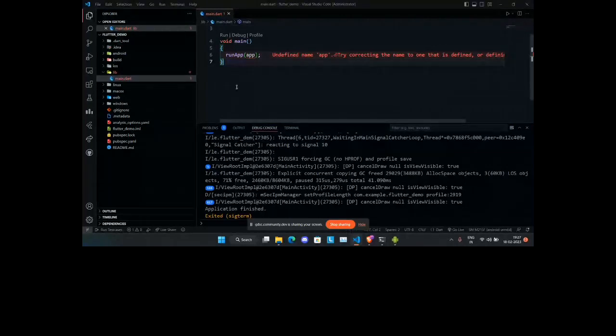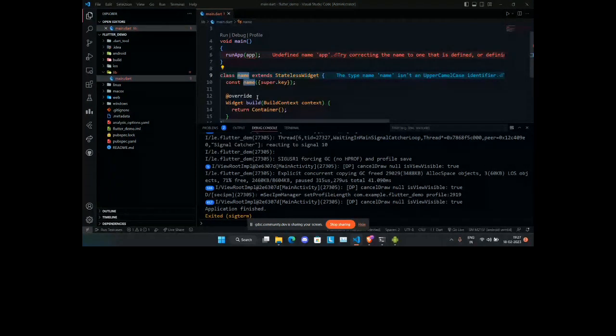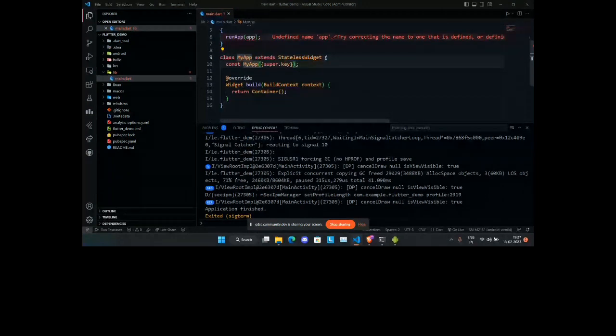So right now there is nothing else in this code. What I'm gonna do is make a stateless widget. All of this code which I'm using right now is possible due to the extension that the Flutter team has recommended. So I'm just gonna write stateless widget, and I'm gonna name this MyApp.